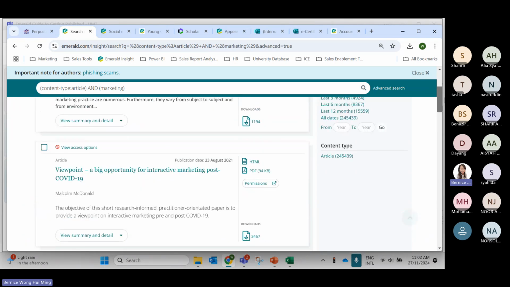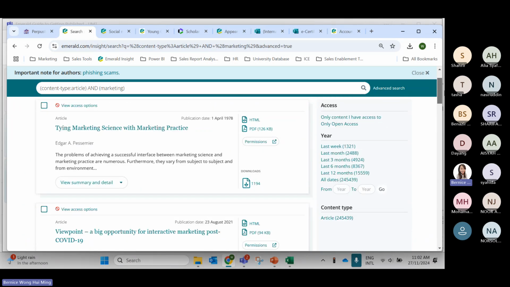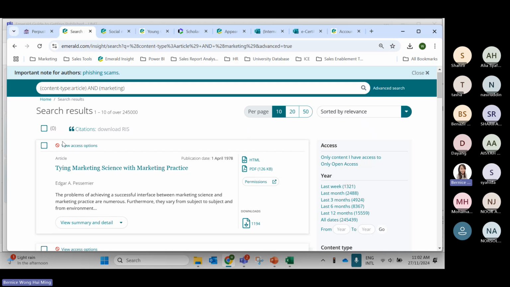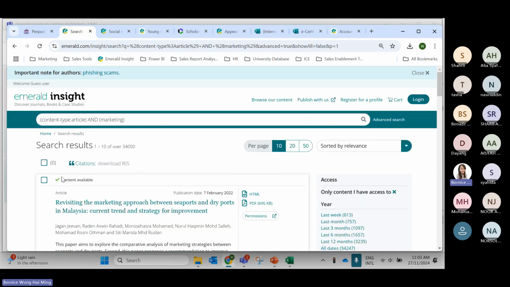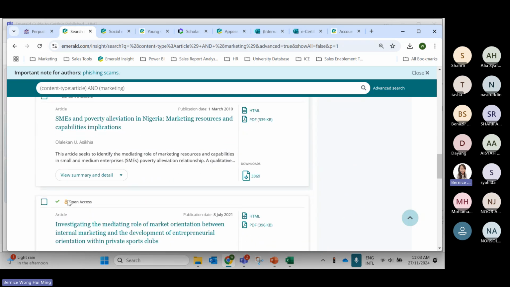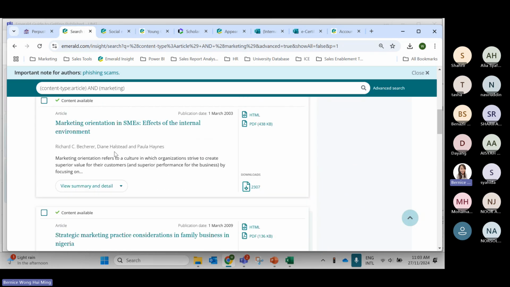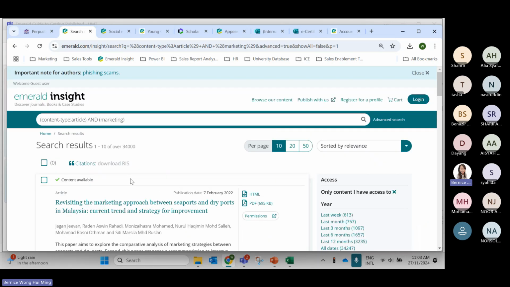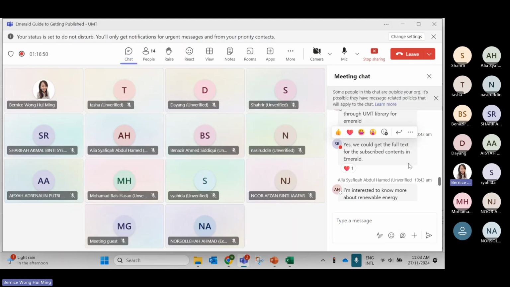So it's easier for you to eliminate the access whereby it cannot be downloaded. You can click only content I have access to. They will show you all the green tick buttons as well as the open access articles. Can you see the open access? From here, you will see this page has all downloadable articles for your reading purpose. Okay, I hope I answered your question about the full paper download.